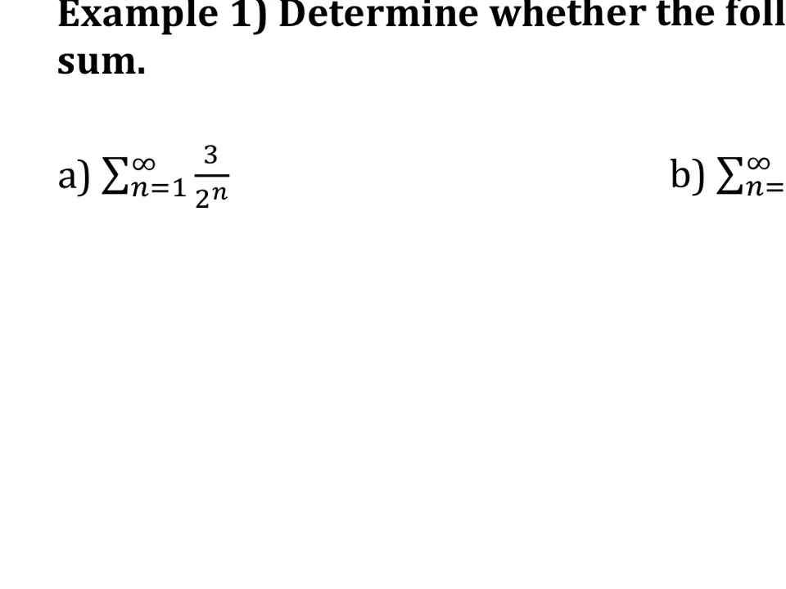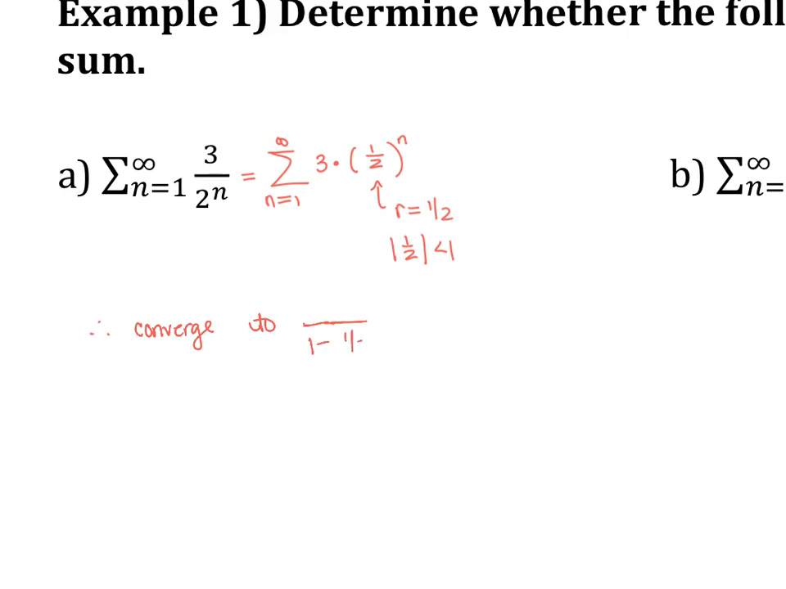All right, so we have the sum from n equals 1 to infinity of 3 over 2 raised to the n. So it might help you to notice that 3 is just a constant, and therefore my common ratio is 1/2 raised to the n, because 1 raised to the n will just be 1. So here I can see that my common ratio is 1/2, and the absolute value of 1/2 is indeed less than 1. Therefore, the series will converge,